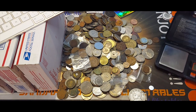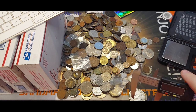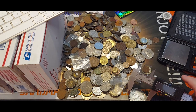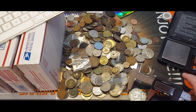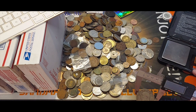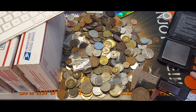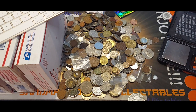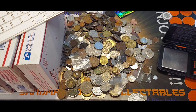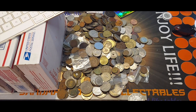So, next thing, the coin is supposed to be 39 millimeters, give or take. What I mean by give or take is just a fraction of a millimeter. We are sitting right at, or right below 39 millimeters, and we're not even touching 38. So it's definitely the right size. Alright, so let me bring out...